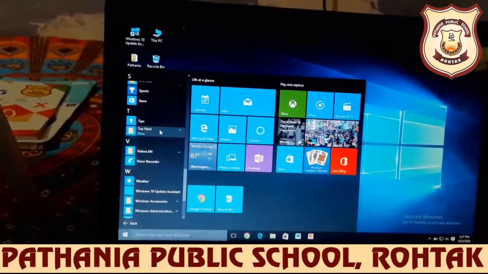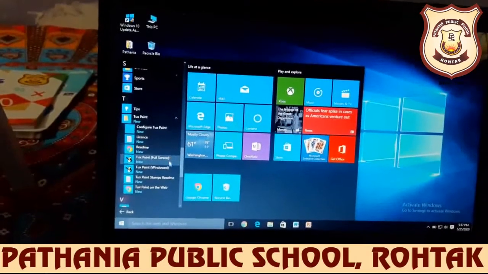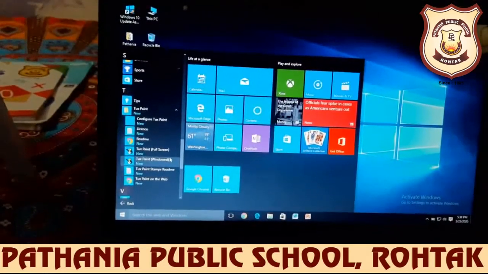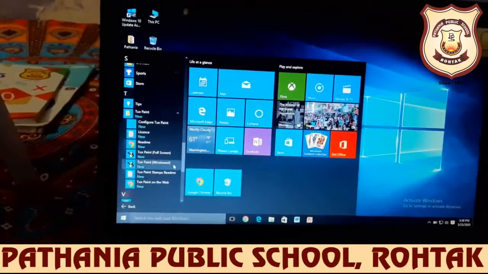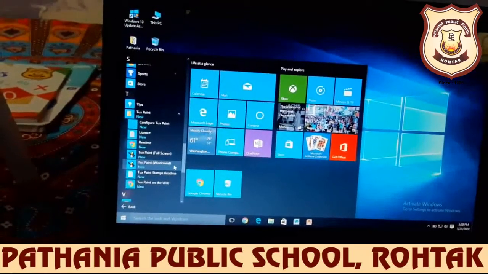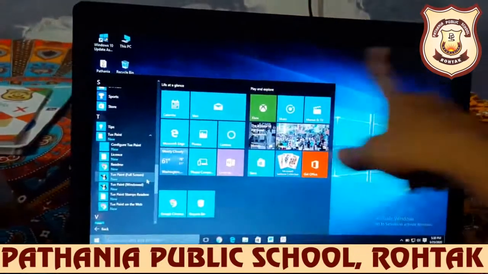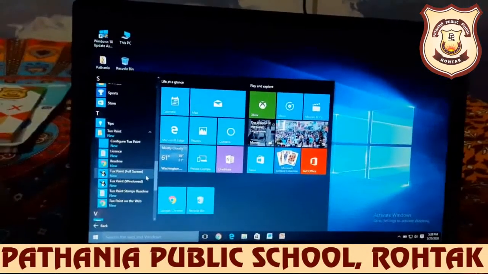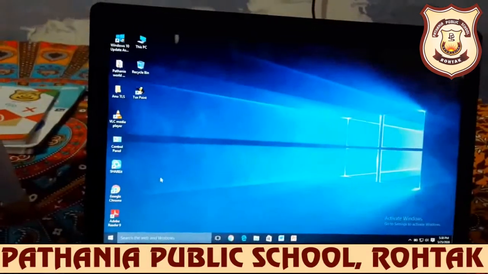Like you can see here, click on this drop down arrow and you will get two options here. One is Tux Paint windowed and one is full screen. Windowed will give you the small screen of Tux Paint. Okay, and full screen will appear on the full desktop screen. Okay, so I am clicking on the full screen, so just click on it.